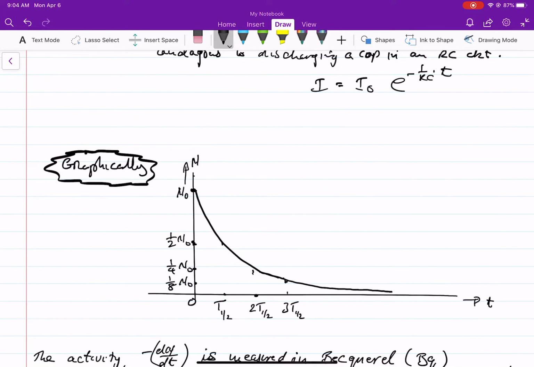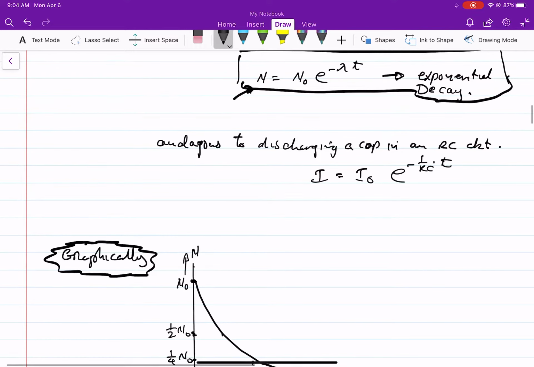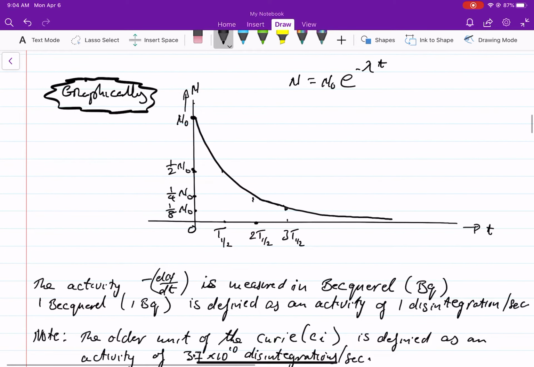If I draw a graph for that exponential decay, let me write back the equation here. N is equal to n0 e to the minus lambda t. If I draw the graph, I get an exponential decaying graph. Now, it's very interesting how we can use this graph to calculate something called the half-life. There are other ways to calculate it as well. But if you think about it,